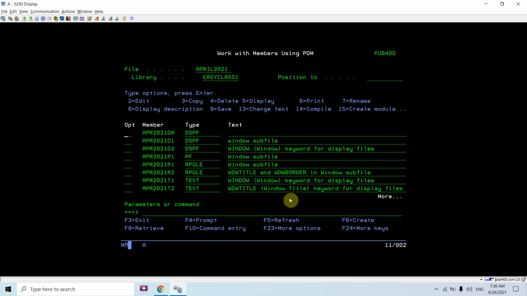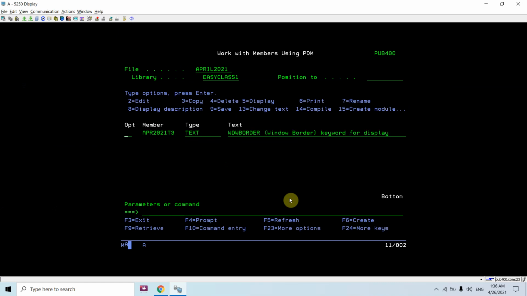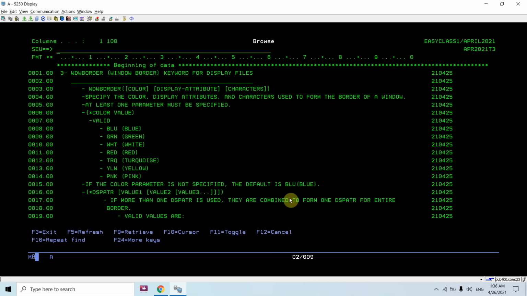Now let me tell you about the window border, what it is. The same way, it also has the color, display attribute, and the characters parameters. So it has three parameters, but at least one we have to pass here. Basically it specifies the color, display attribute, and the characters used to form the border of a window.